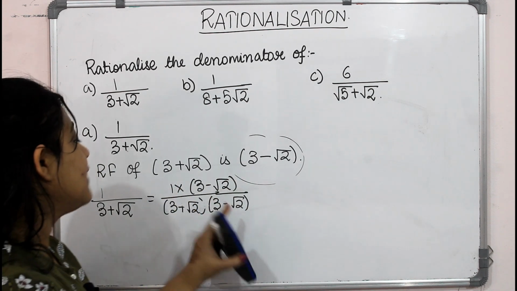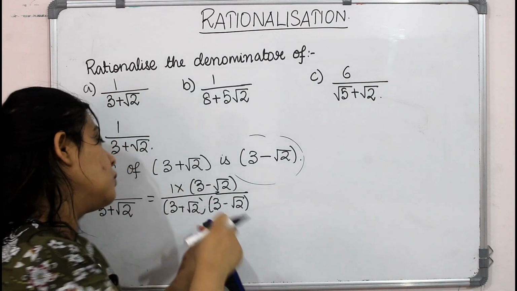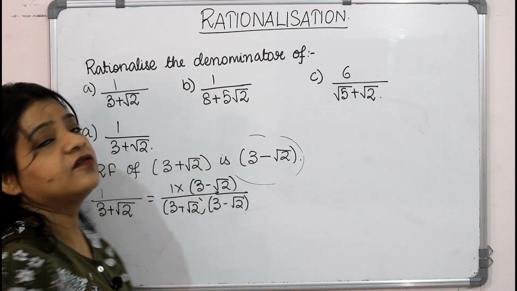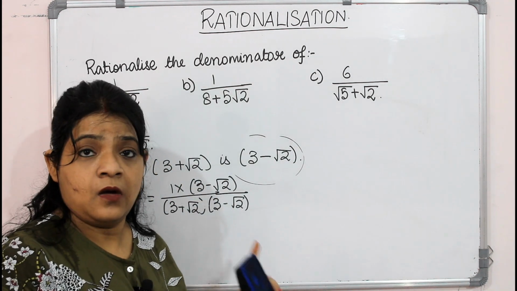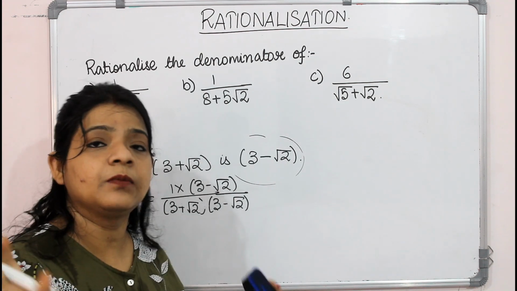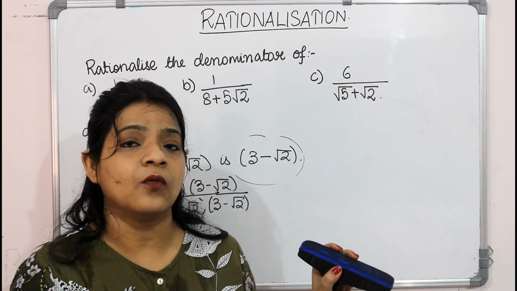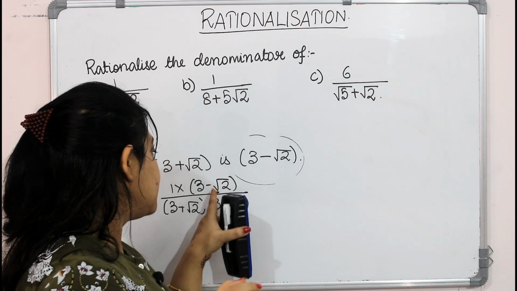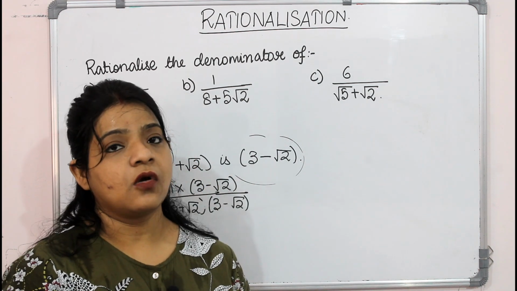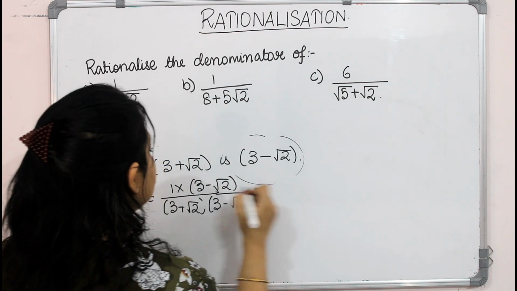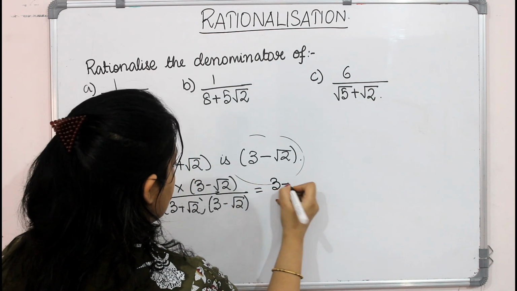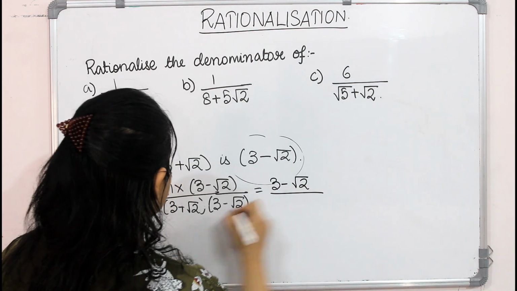We are multiplying 3 minus root 2 with the denominator as well as the numerator. So you should remember this. Don't just multiply it with the denominator and think my work is done. If you are not multiplying it with the numerator, then your sum will be wrong. Okay, so this will be 1 into 3 minus root 2, that is 3 minus root 2, and this will be